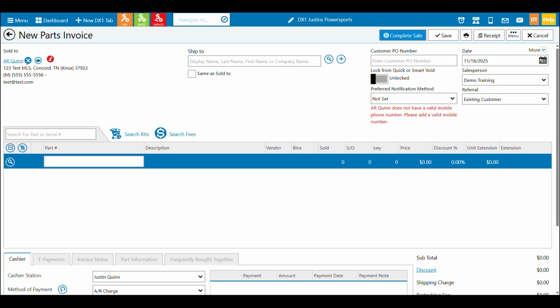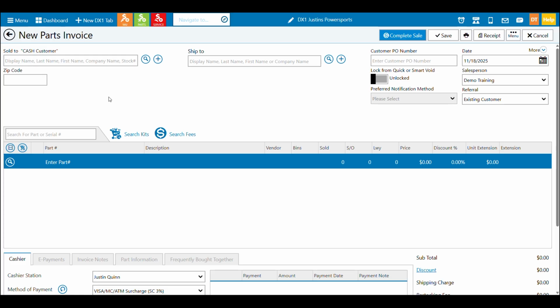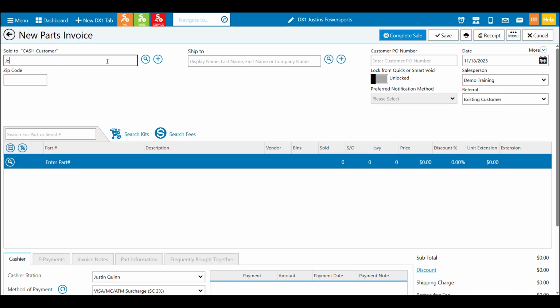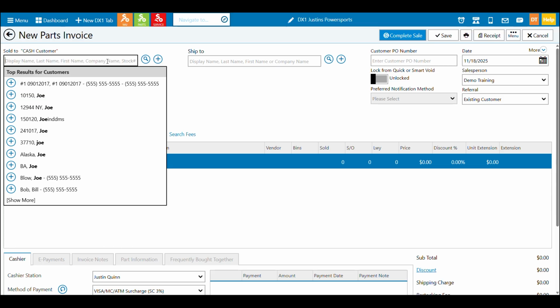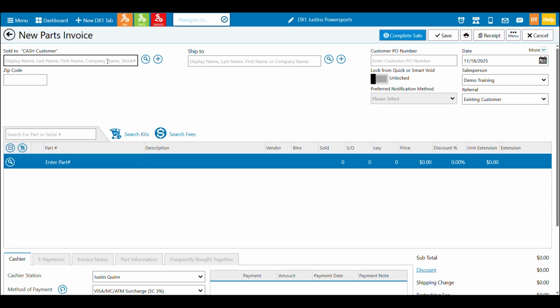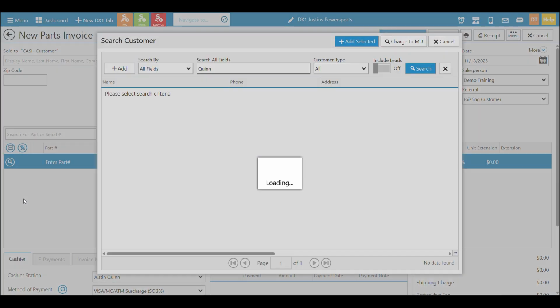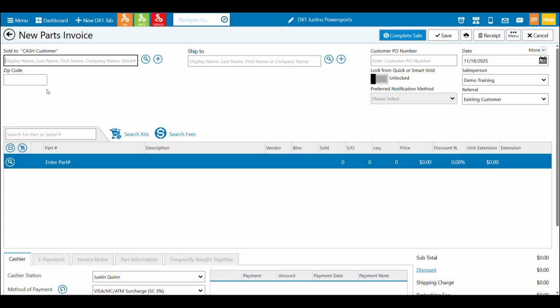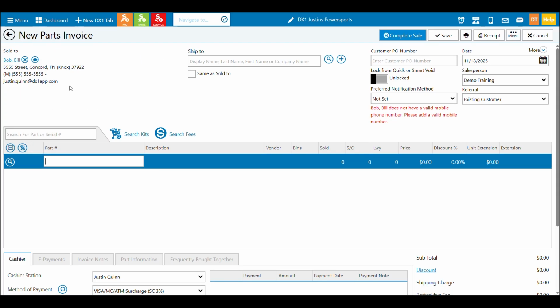Okay, one of the other ways is really a way we just saw, but rather than opening the search to do the all field search, you can just search straight from the grid. You can see here I can search by zip code, I can search by first name, meaning the same things we just saw in the first video. Again, if I need to see more, I can do show more from right here, and it'll pop up the larger search window if I need it.